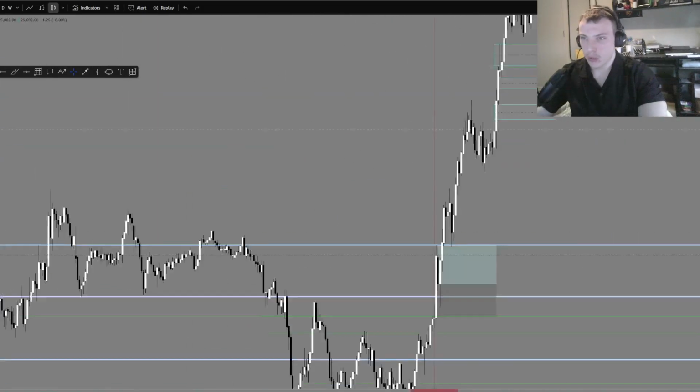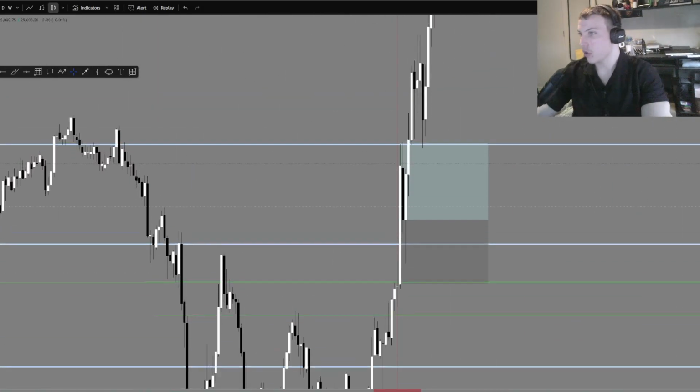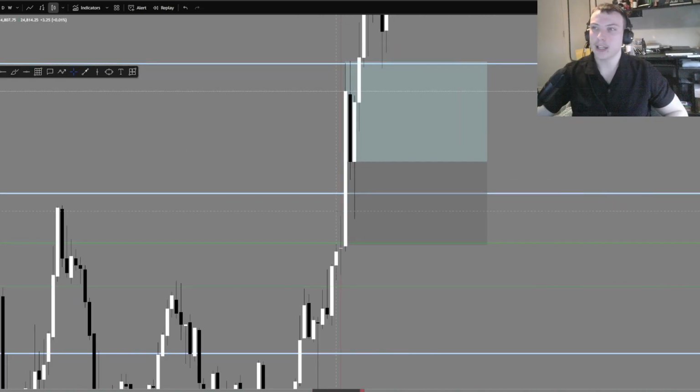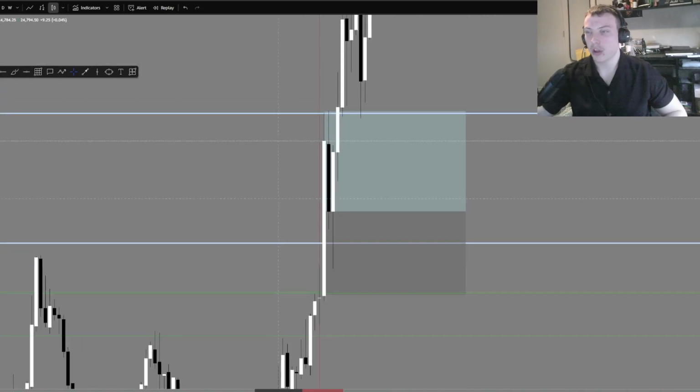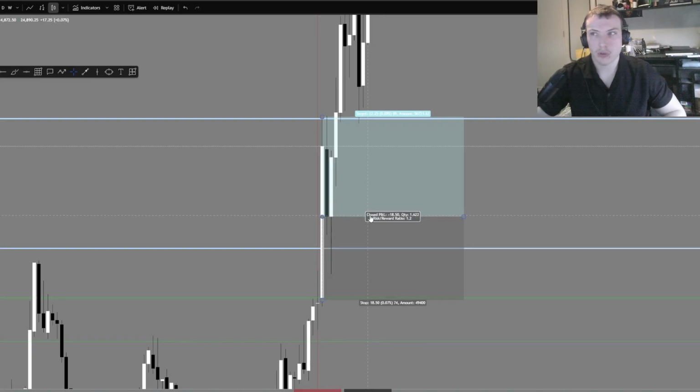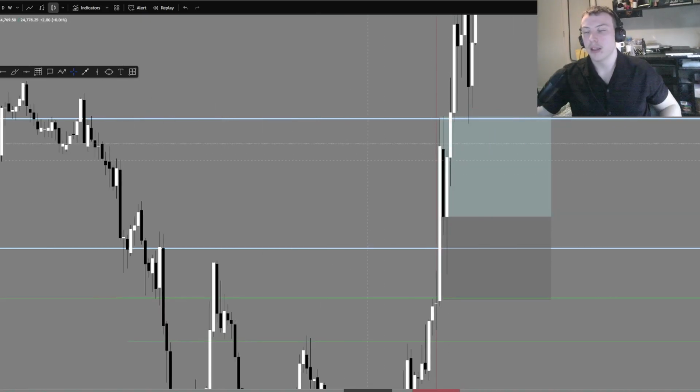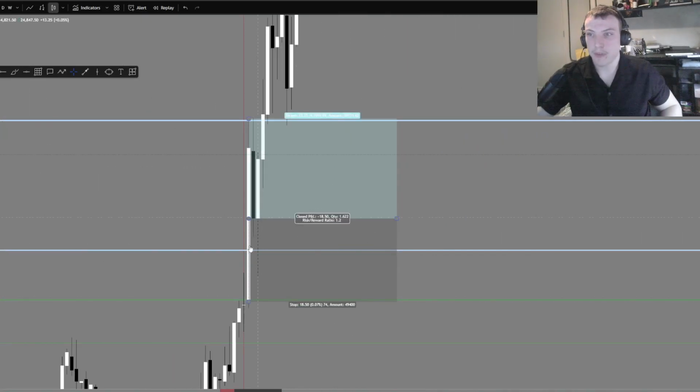Cool. Moving on. Alright, so this is a good one as well. So we get an entry here, pushes up, and as you guys will see, this is a bit of a bigger stop loss, right? So bigger stop loss equals a bigger take profit in a way, right? So stop loss, it's a very, very big candle, this one, and we want to be placing it underneath the body here. You can also place it a little bit underneath the level, like maybe here, but you still want to give it room to breathe,